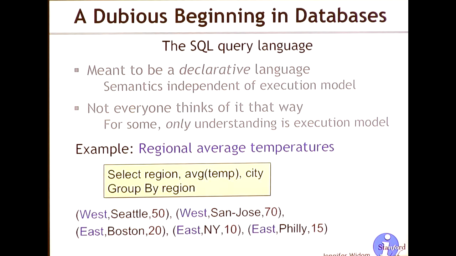Any other? I have a very strong opinion about this. City should be in the group by clause. Otherwise it should produce an error. You're doing a group, and then you're asking for a city out of the group. What city do you want? So this should produce an error, and in some systems this produces an error. But in other systems, it picks a random city. In fact, I think it usually picks the first city it finds as it's executing the query.